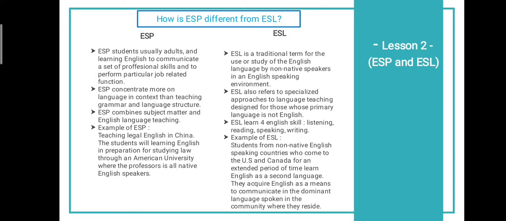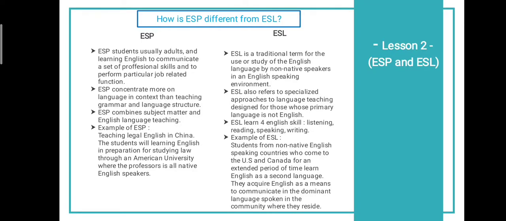ESP combines subject matter and English language teaching. This is an example of ESP: teaching legal English in China. The students will be learning English in preparation for studying law at an American university where the professors are all native English speakers. And the points of ESL are, first, ESL is a traditional term for the use or study of